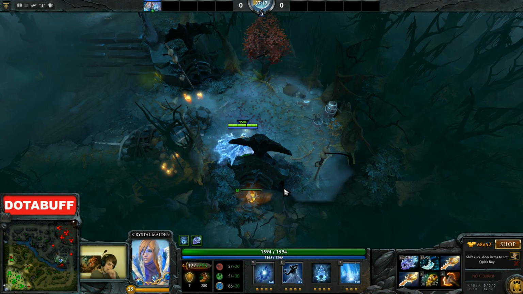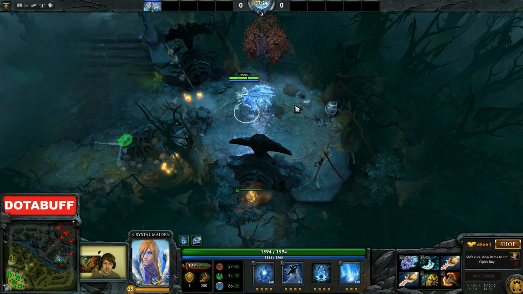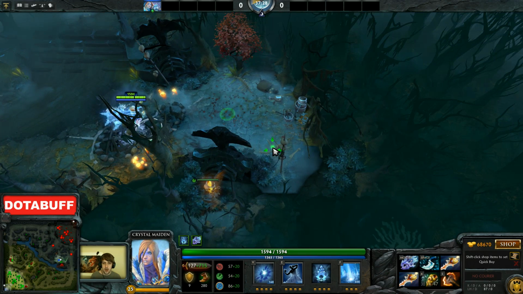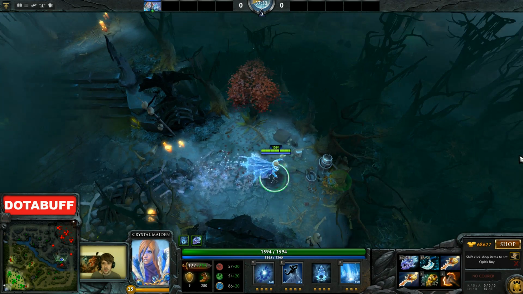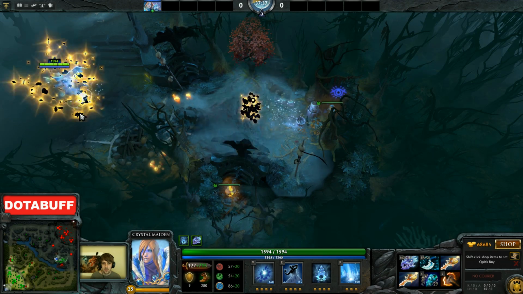with either a quelling blade or a move that kills trees, like Lina's stun for example. And then you can place an observer ward there or a sentry ward, and that will block their ancients. That is a much better block, in my opinion, than the ones on the Radiant side. The other place that I would maybe place is you could do the same thing on the right side. I killed this tree earlier, and you could place an observer ward or a sentry there, and this will also